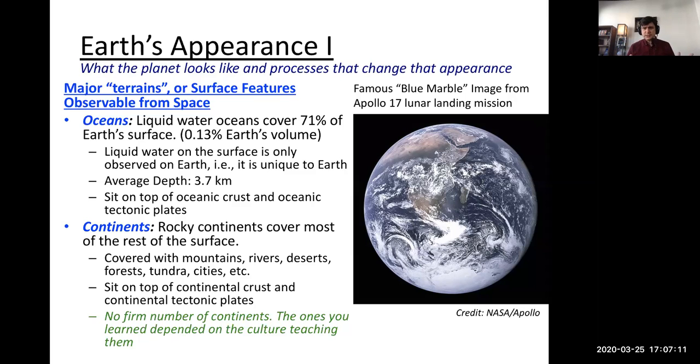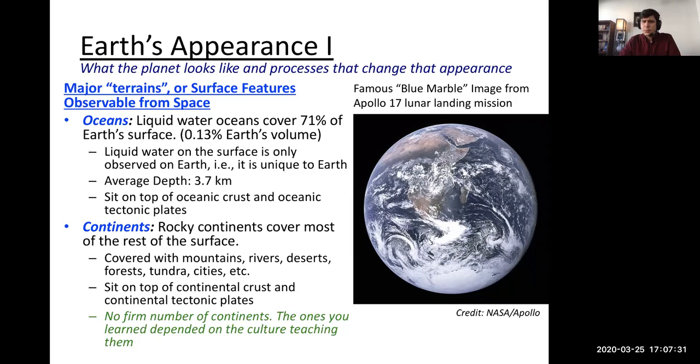So one of the things we'll talk about with every one of the planets that we go through are what are the major surface features, the major terrains, is sort of the generic term I'm going to be using. So what sort of things do we see when we look at a planet from outer space? So we are in our spaceship, we are lucky enough to be astronauts, and we are looking down on the